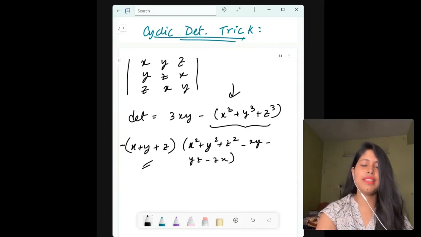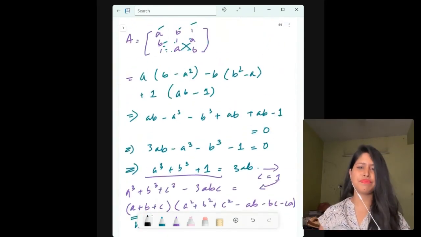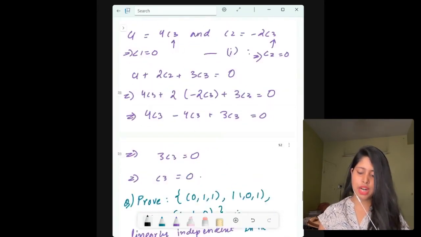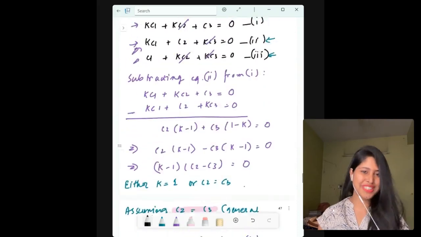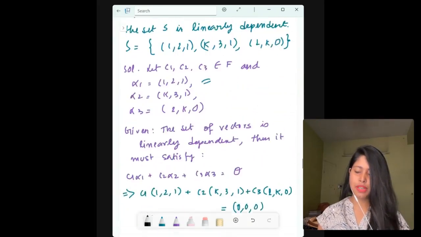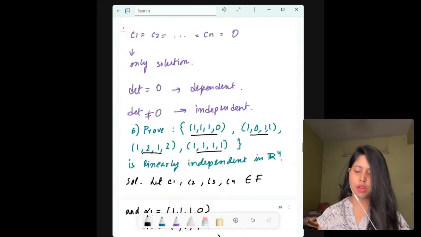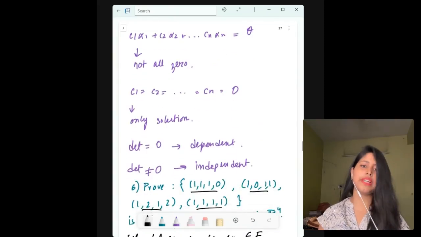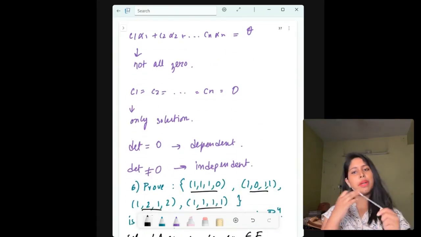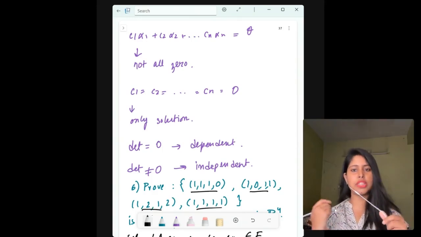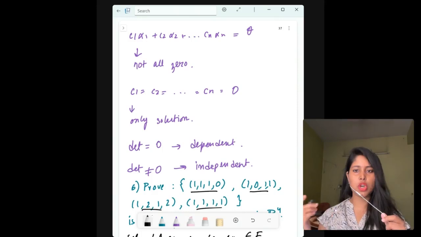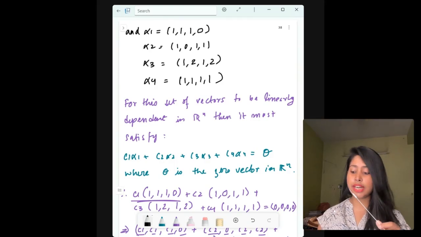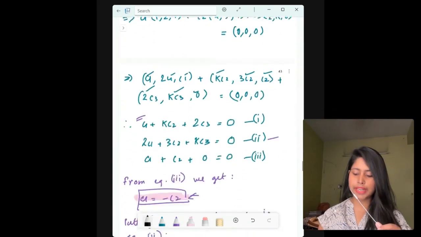And yes, that's a wrap for today's session. Let me see what we covered from the first part, from where we started. Today it was a very long session, I know, and it was hard to sit through all along, but I would definitely say you would have benefited a lot. So we started from here, and we covered two proofs of linear dependence in R4 and R3, right? We did two questions each, and then we did finding the parameter K for a dependent solution. We did the parameter K finding, and then we did that question where we just added up all the equations.